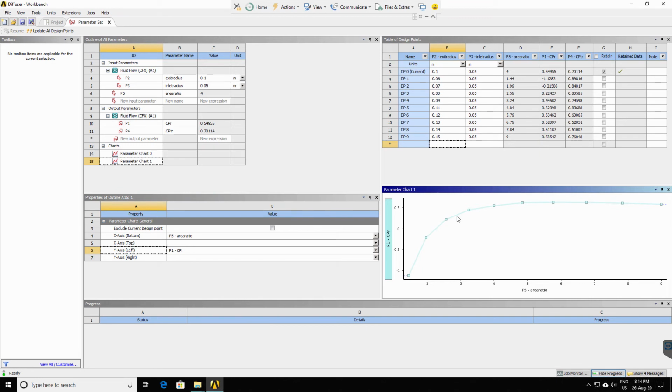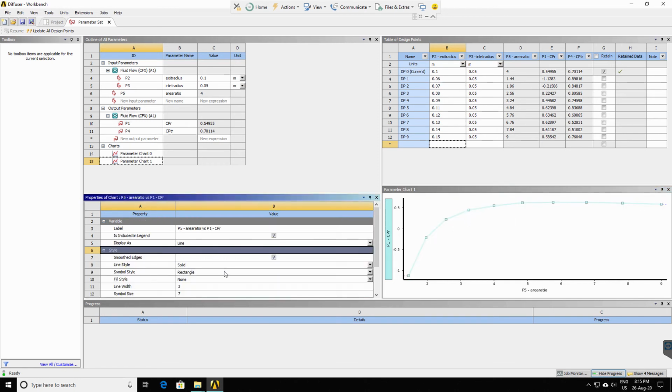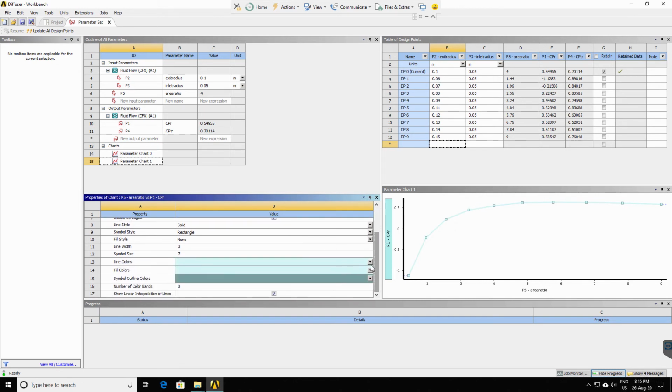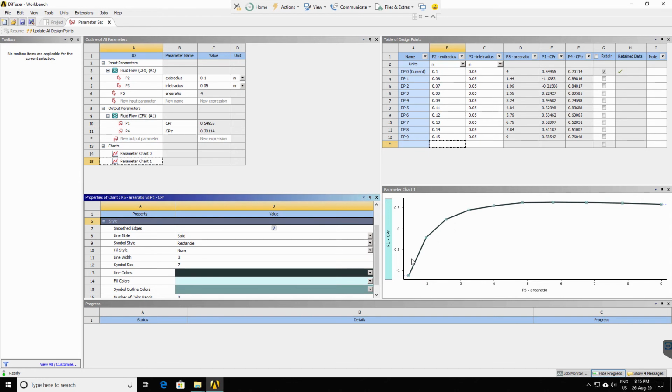So we can just double click and modify the appearance of this particular graph. So this is the static pressure recovery against area ratio.